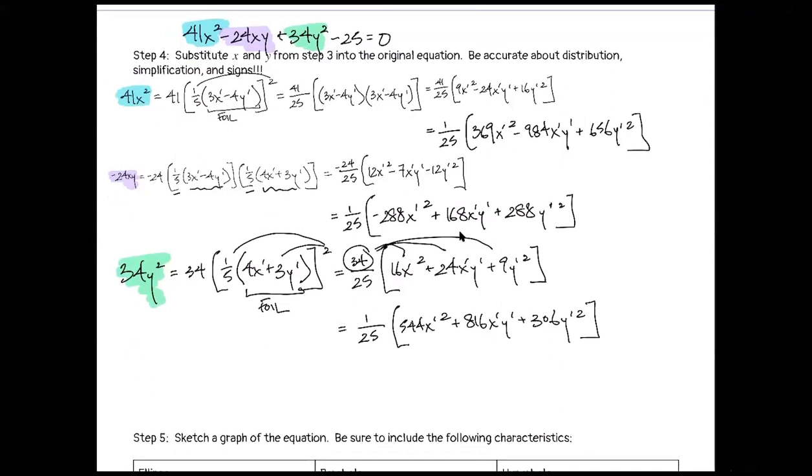All right. Now I have to look for some like terms, okay? Now I noticed that every single substitution I made gave me a 1 over 25 in the front. So I'm actually going to take the 1 over 25 out of the entire first three terms. And that's going to give me 1 over 25. And then I'm going to start to collect my like terms, okay?